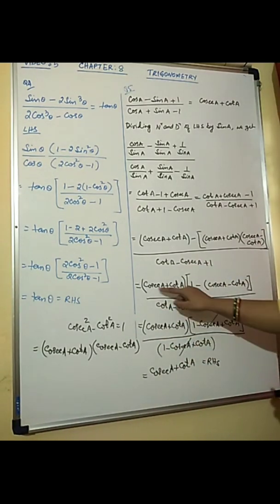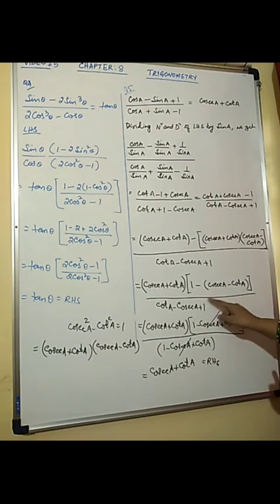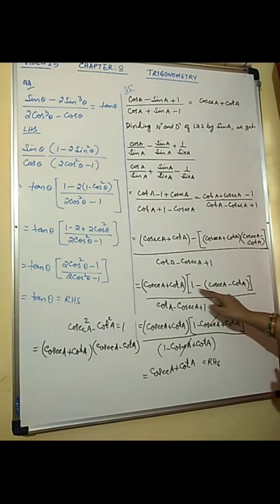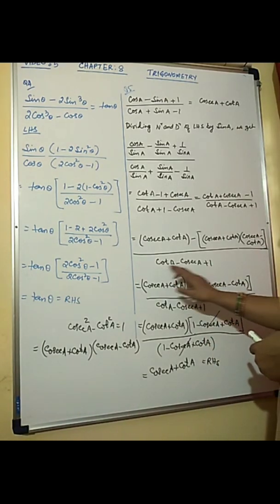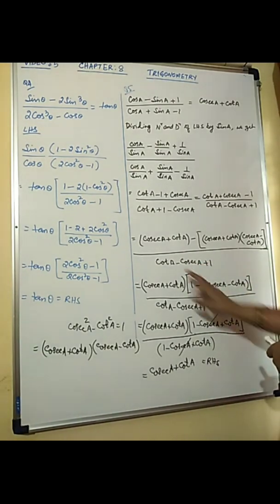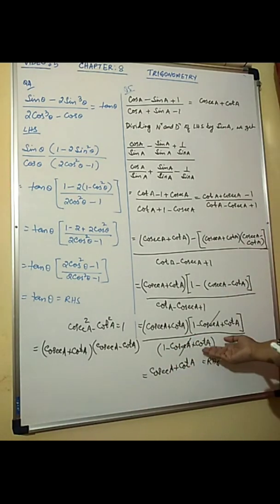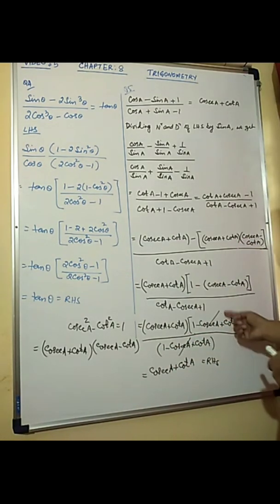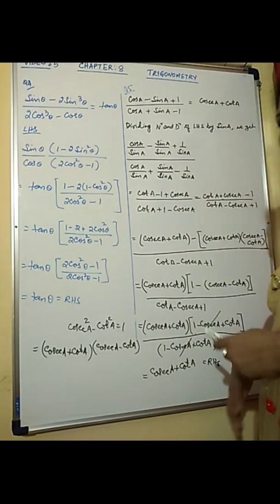Now if you observe the numerator, you have cosec A plus cot A and 1 minus cosec A plus cot A. If I remove that bracket sign, I get these terms. And these terms in the numerator are the same as the terms in the denominator. It has 1, it has a minus cosec A, it has a cot A. So the denominator I just arrange, even if you don't arrange, doesn't matter, the terms match. You can cancel the numerator and denominator and you get cosec A plus cot A.